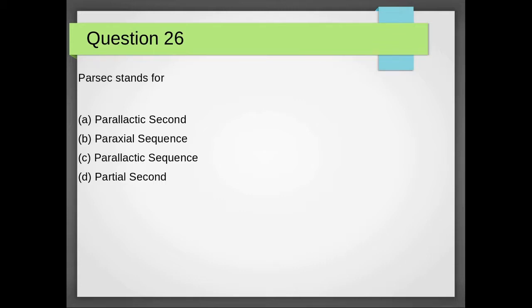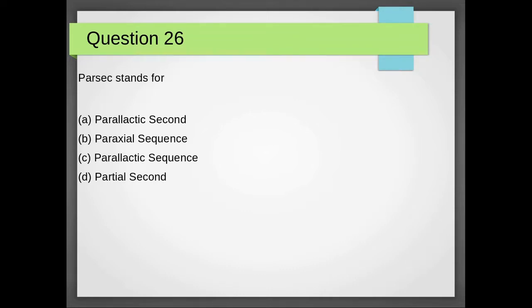If you go back to the definition, parsec is the distance from Earth to any object that subtends an angle of 1 arc second when the Earth is at opposite points in its orbit around the Sun. So the method that underlies calculating the distance that we call parsec is the parallax method. So obviously it has to do something with the concept of parallax. So choice A and choice C seem to be more obvious.